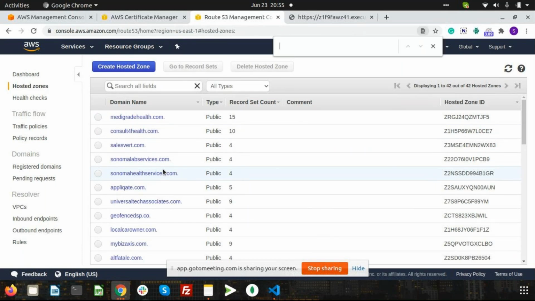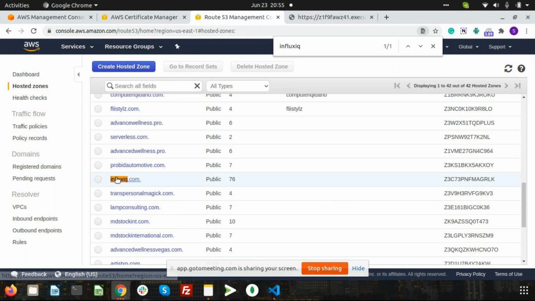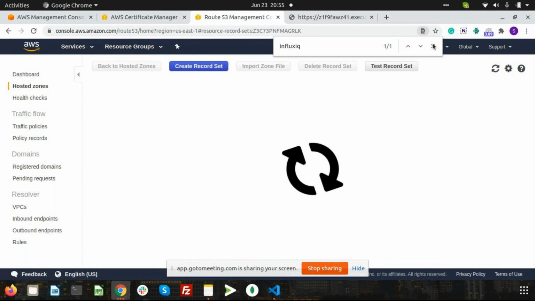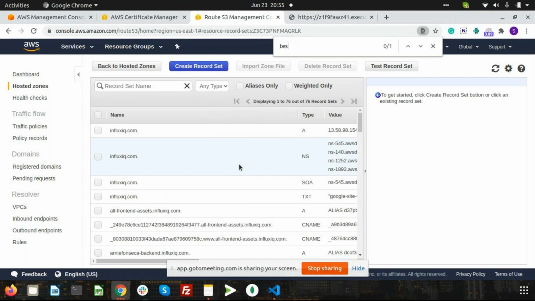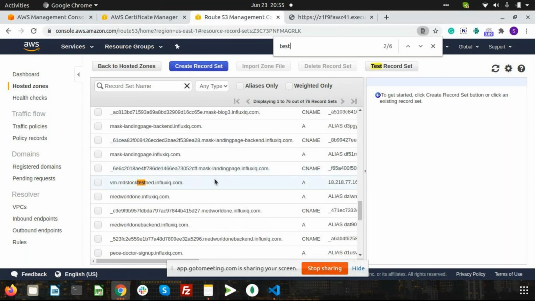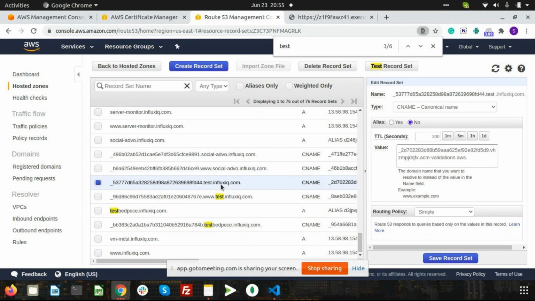So we can find, you can see both the CNAME records test.influxiq.com and www.test.influxiq.com with type CNAME have been added. So thus we get our SSL certification.